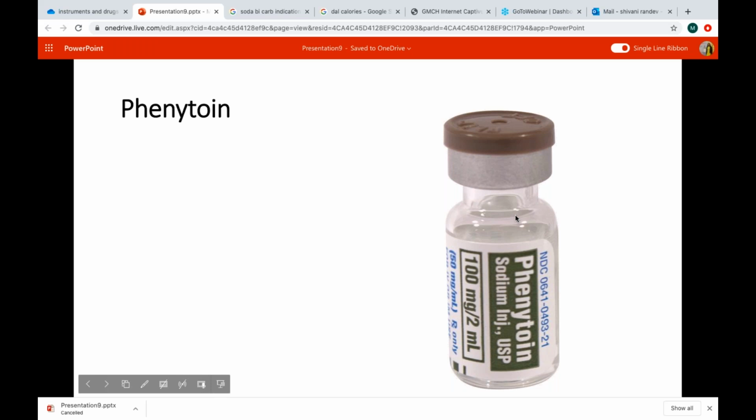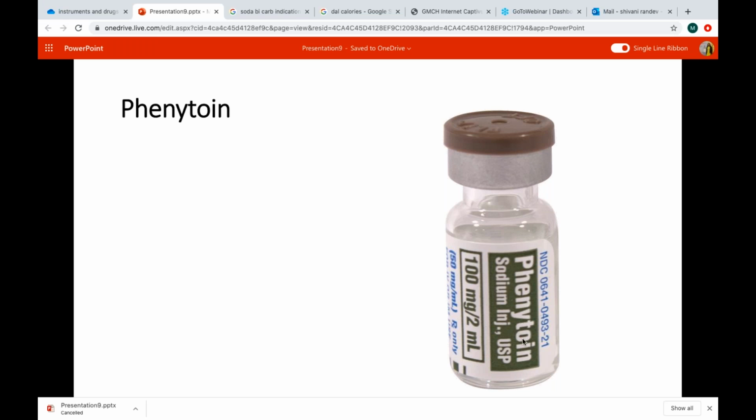And then there is another drug which is called fosphenytoin, which is a precursor of phenytoin, which usually does not have the side effect of phenytoin. And after entering the body, it's converted into phenytoin in 15 minutes. So that can be administered at a faster pace. Since the dose is 20 mg per kg and the maximum rate of administration is 1 mg per kg per 20 minutes, usually the loading dose is administered over 20 minutes.